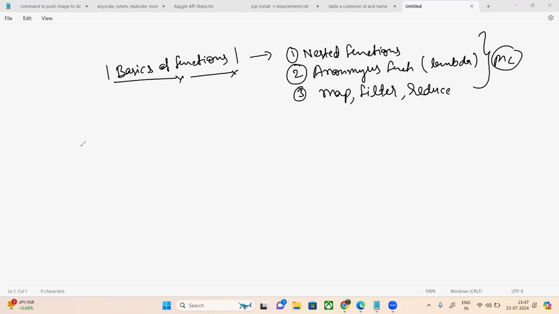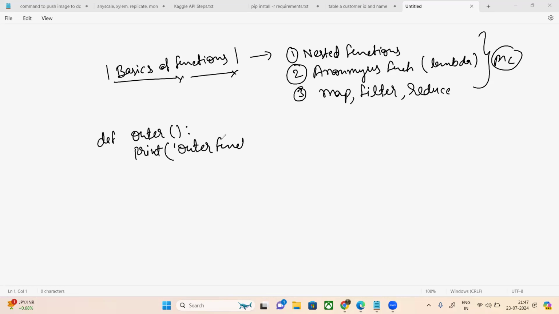So let's start with the nested function first. What exactly is the nested function? As per the name, it is clear: a nested function means a function inside a function. So how can we use that and how can we declare it? So let me define a function. This is the way to declare a function. Def is a keyword. And let's suppose I'm writing a function name here, outer. Okay, that's it. And inside this I'm writing a statement, print